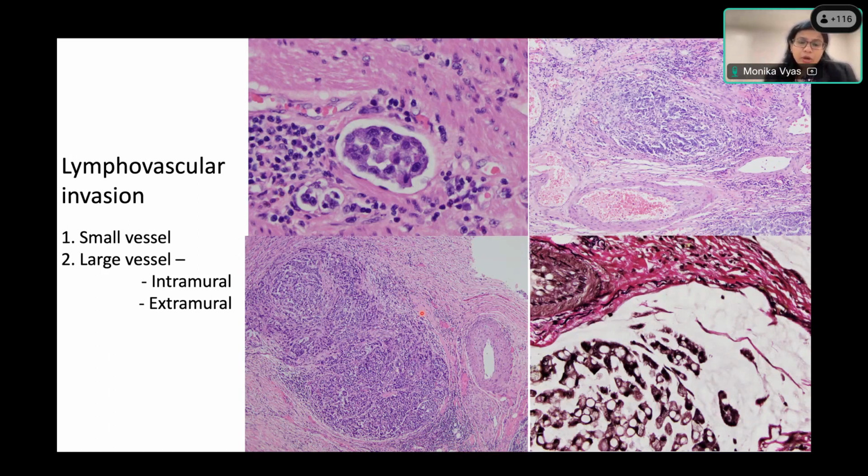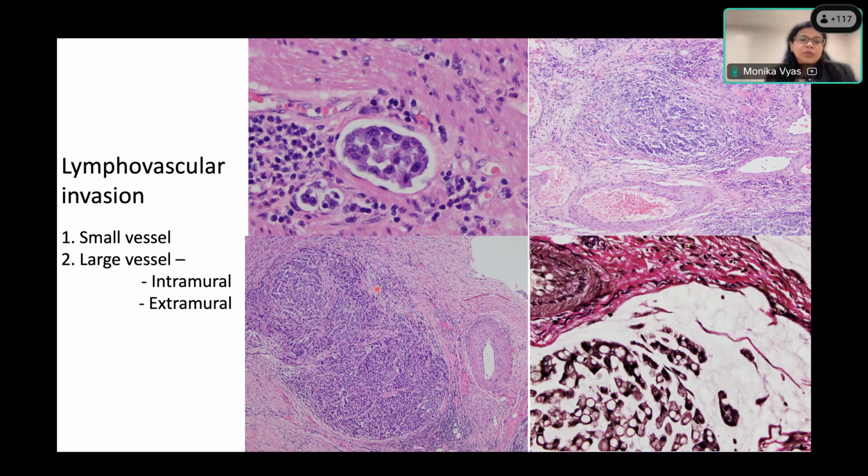But if you don't and you're not confident that this is large venous invasion, then what you can do is do an elastic stain. An elastic stain will help you demonstrate some broken elastic fibers around the tumor nodule, which will prove that this was actually a vein at some point and now has been destroyed by tumor. So large vessel invasion can be in the submucosa, muscularis propria, or beyond that, right?